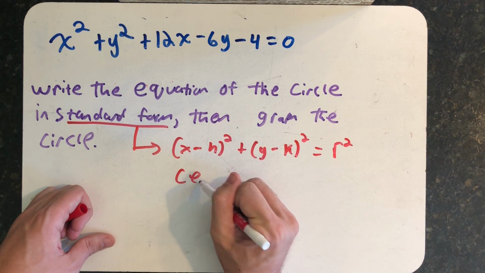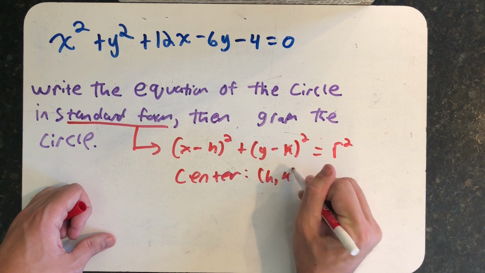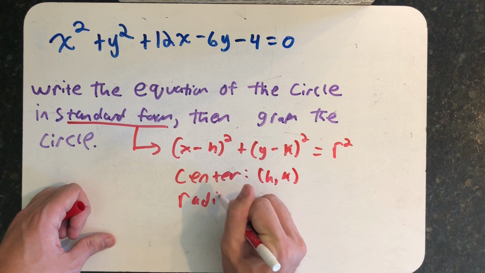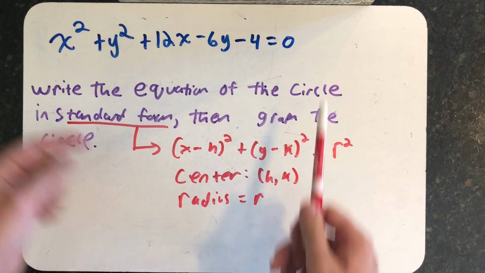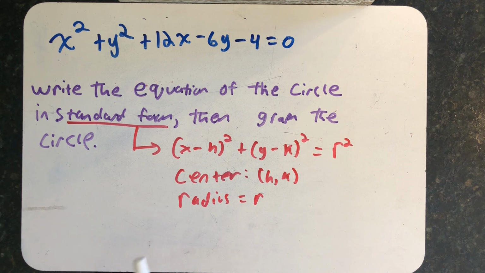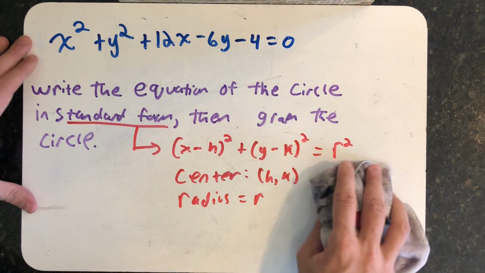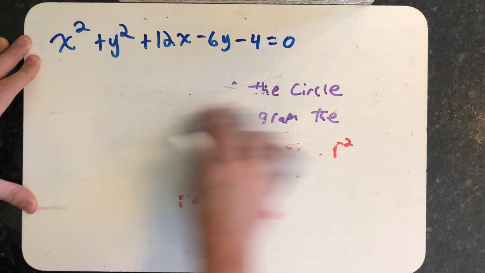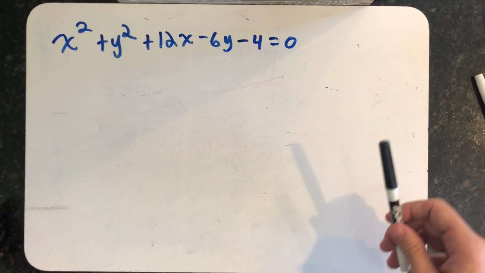where the center is at the point h comma k, and the radius is r. So my job right now is to take this equation and make it look like this equation. And what we're going to do is complete the square twice, once on the x's and once on the y's. After I have the equation in its standard form, I'll be able to use the center and radius to graph